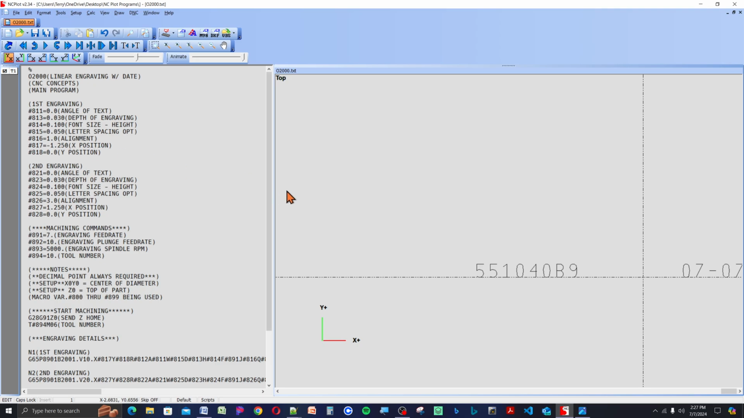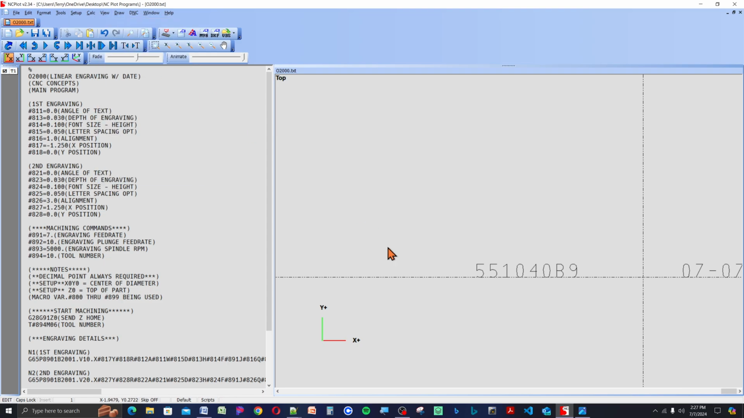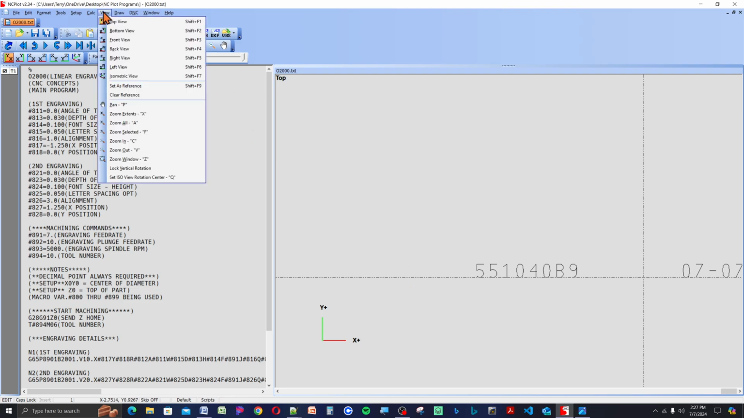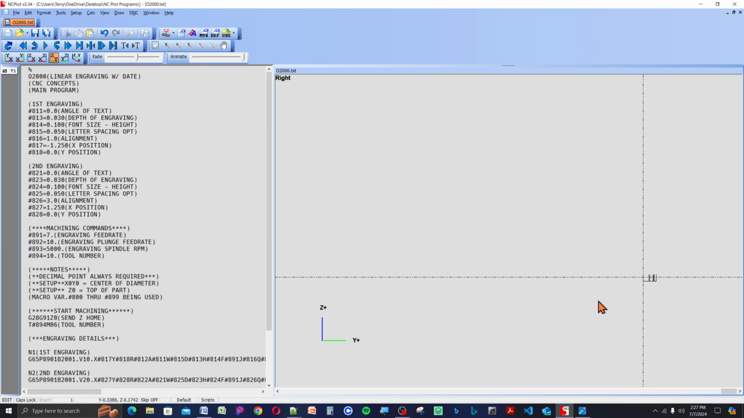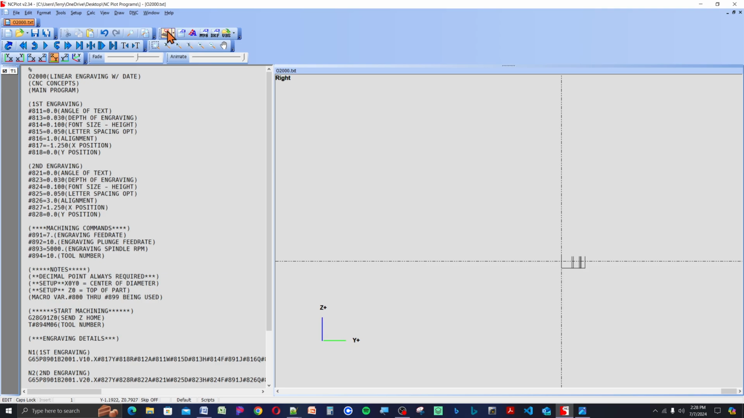And I'm going to show you another view of this engraving. So you go to view, we want a top view. Oh, no, we're in top view, sorry. We want a right view. Not sure where that went, but